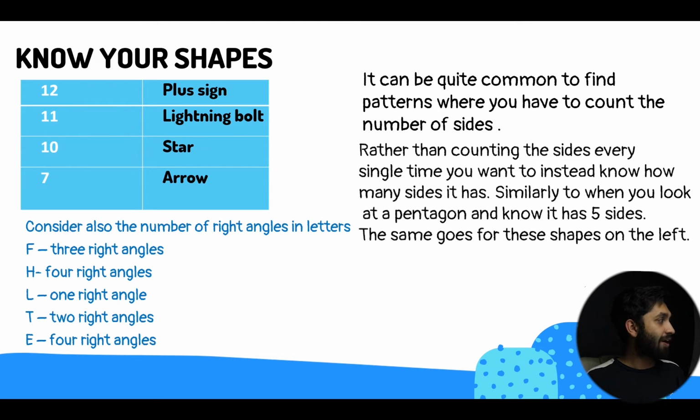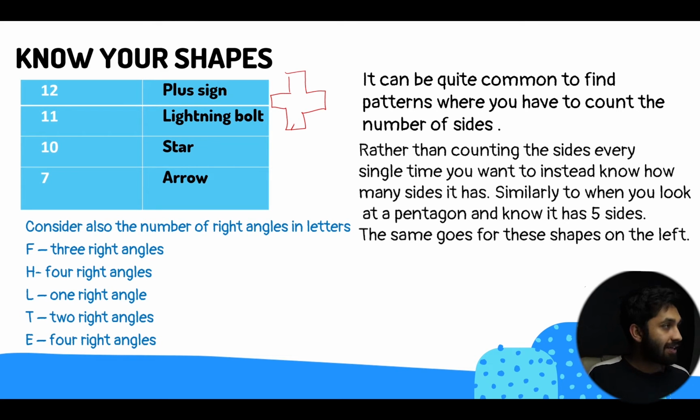So just knowing every time you see a plus sign, so that looks like this, that it has 12 sides. Every time you see a lightning bolt, you know it has 11 sides. Every time you see a star, you know it has 10 sides. Every time you see an arrow, a normal arrow, you know it has 7 sides. So also consider the number of right angles in letters. You've got F has 3 right angles, H has 4, L has 1, T has 2, and E has